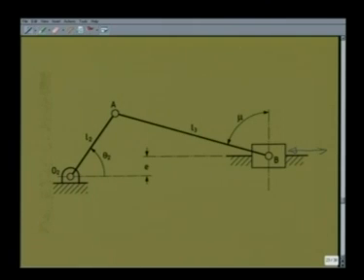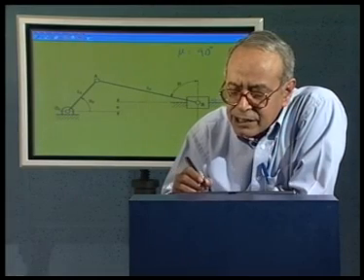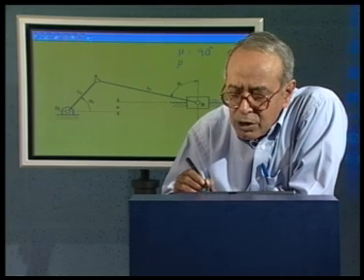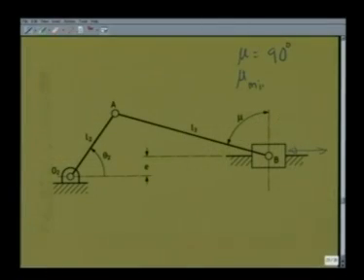The most desired value of mu is 90 degree, but to ensure smooth free running of the mechanism, mu min, the minimum value of mu, should not fall below say around 30 degree. Now, we can find out for what value of the crank angle, that is theta 2, the minimum transmission angle occurs. For that, we see